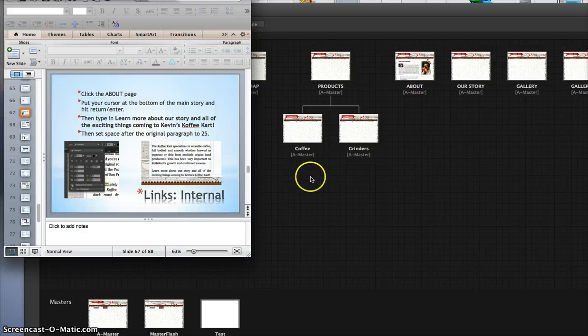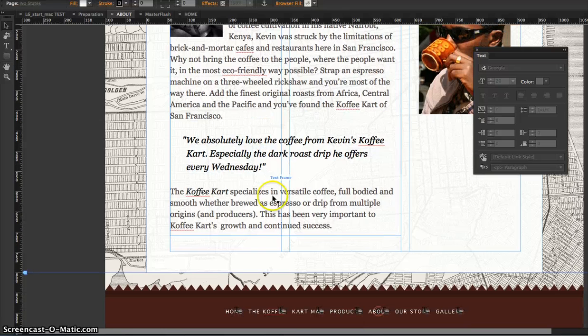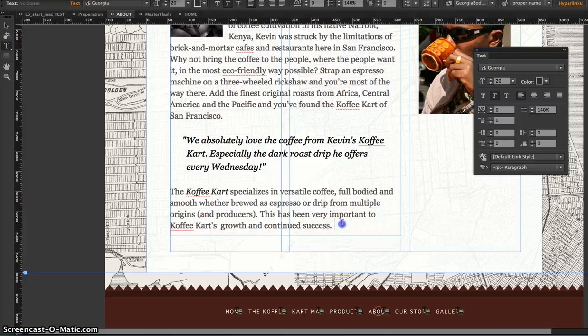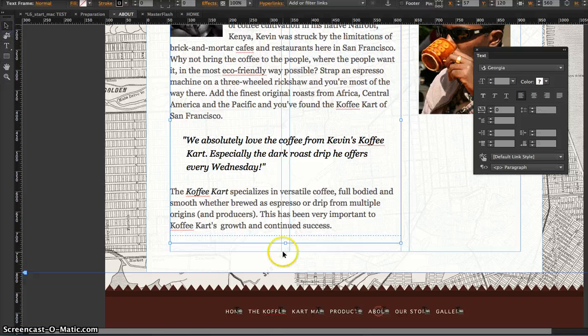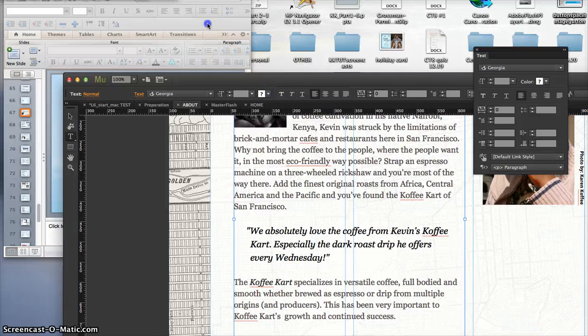So we're going to click the About page in our plan mode, and we're going to put our cursor at the very bottom of the main story and hit return or enter. We're going to go on the About page. At the bottom, we are going to make sure we're in our text tool. I'm going to hit a return. If you're in the same boat as I am, you can make your text box deeper as well. Okay, and we are going to type in,